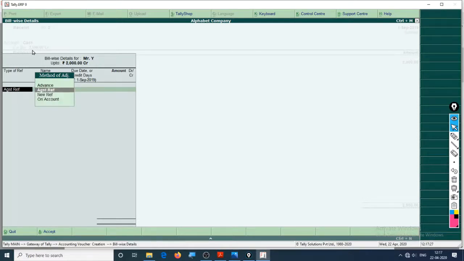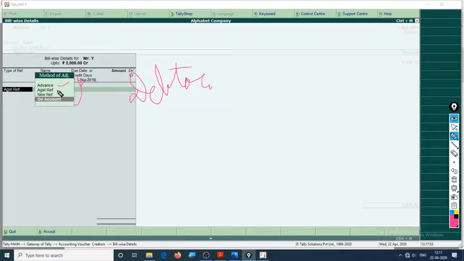You can choose anything right here because it doesn't really matter for a beginner and if you don't have a big company, but I'll explain it to you quickly that it has various options right here. As we have received cash from Mr. Y, Mr. Y is our debtor, hence it asks us various options, that is advance.